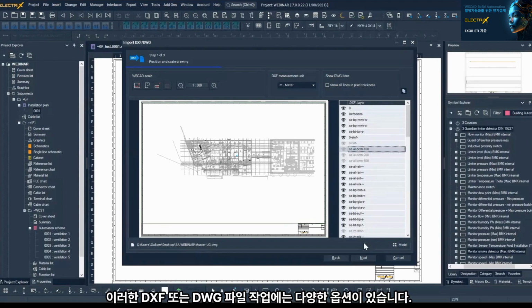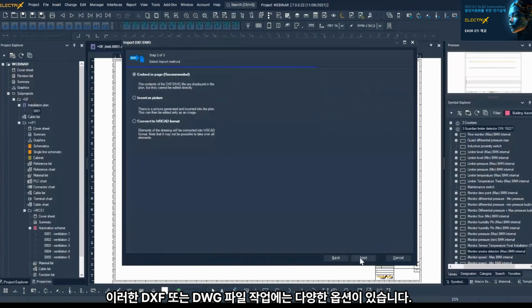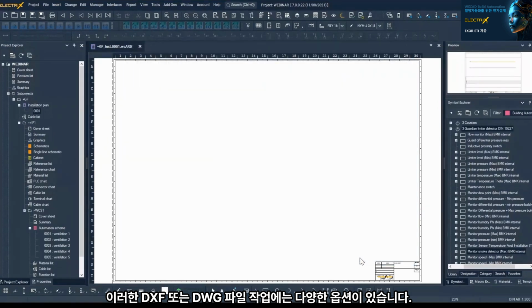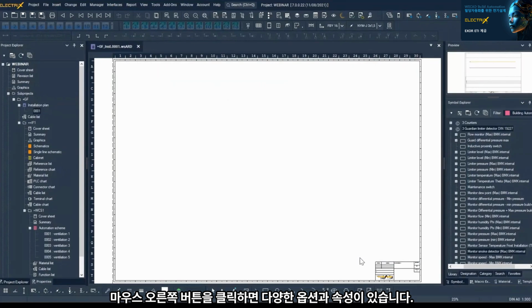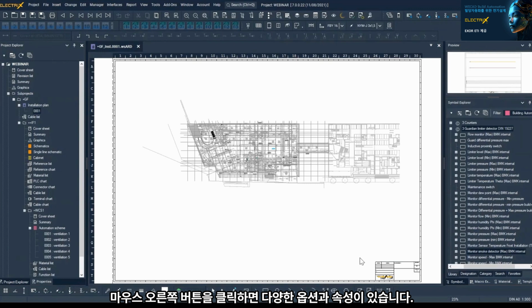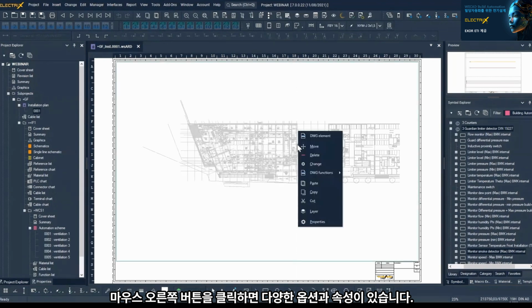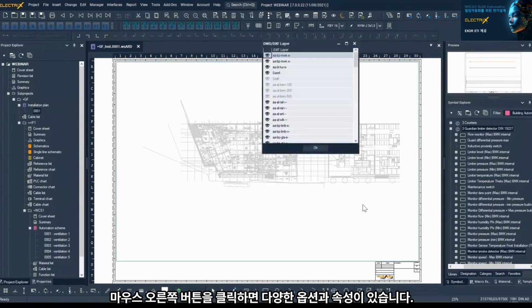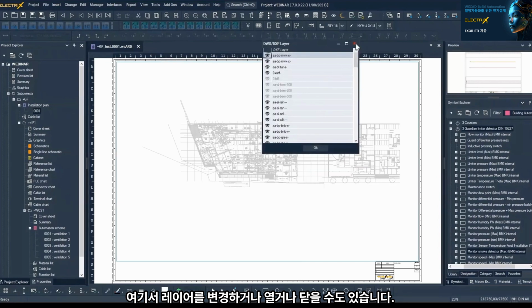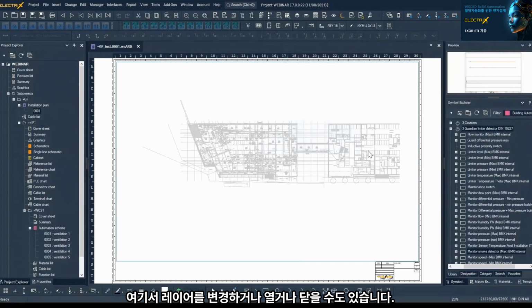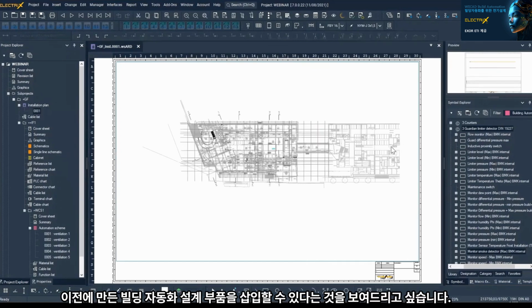For example, we have a lot of options for how to work with these DXF files or DWG files. And you can see it's already here. And if we press the right button, we have here a lot of options, properties. We can also change the layers here. We can open some layers, we can close them. But this is not the case I want to show you. I want to show you that we can now